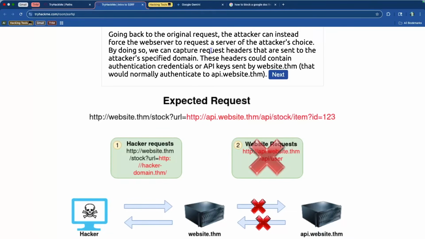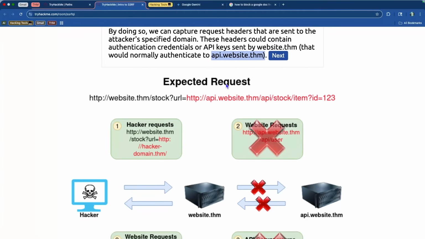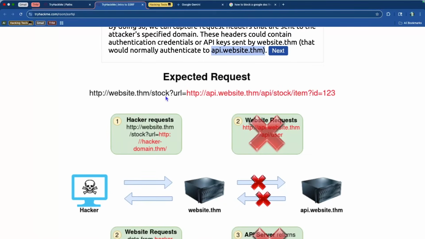And so from there, we can capture the request headers that are sent to the attacker's specified domain. These headers could contain authentication credentials or API keys that are sent by website.thm that would normally authenticate to api.website.thm. So website.thm/stock, all of this portion is normal, and everything after the URL could be replaced with our own URL, what we